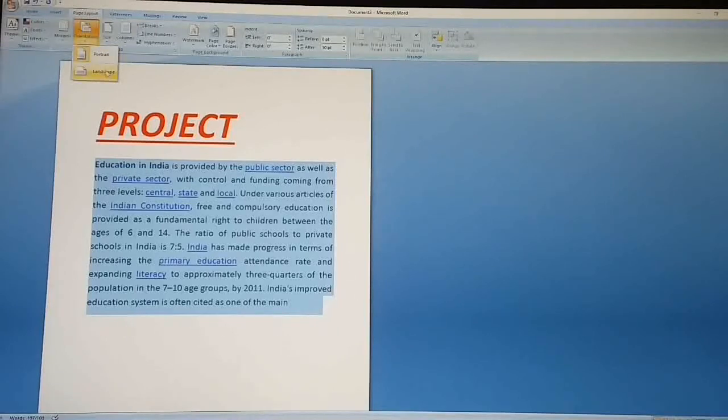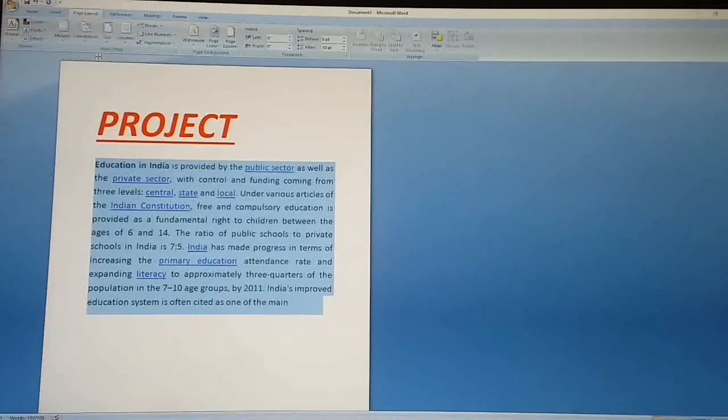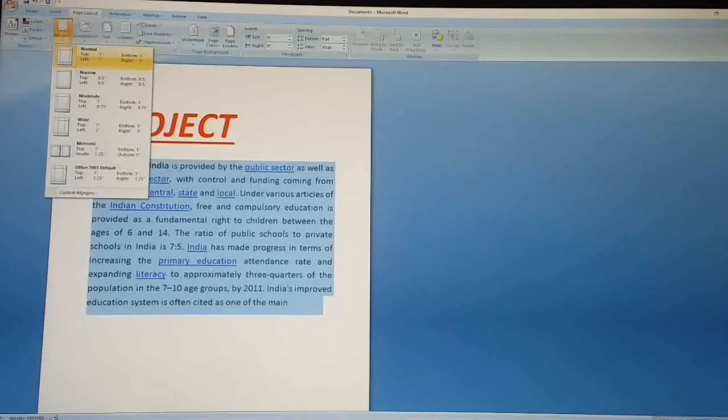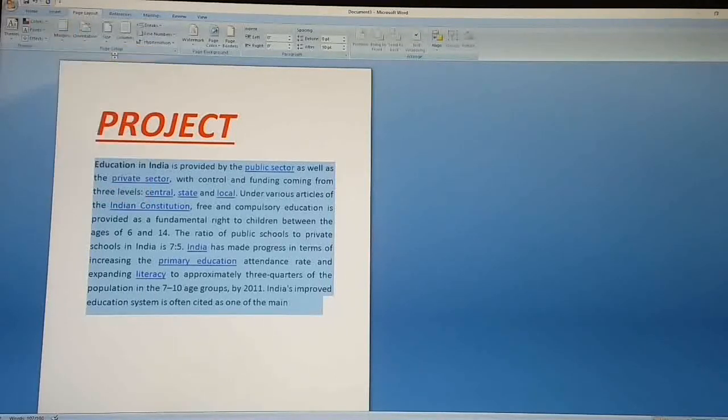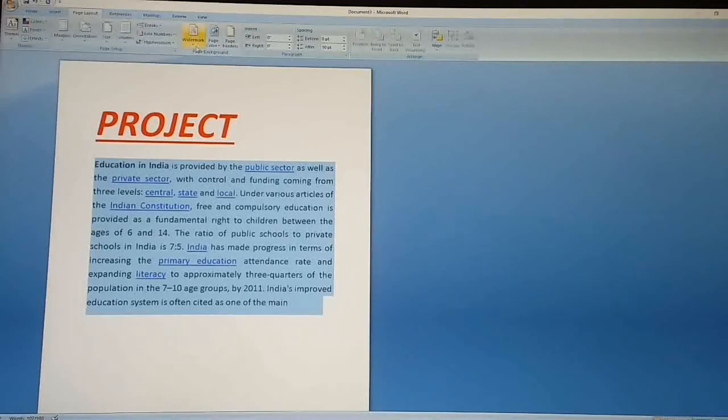If we click landscape, then it will come landscape wise. Then click on margins. Here there are many types of margins: normal, narrow, moderate, wide, but by default it is normal size. Click on normal.